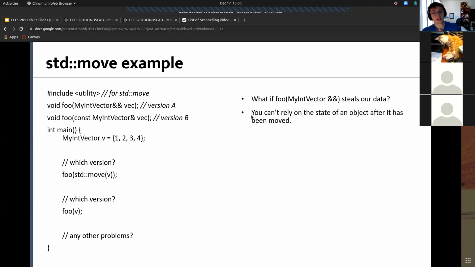And the bottom line is that after an object has been moved, you should not rely on the state of it. You should generally, especially if you're calling a function that you didn't write, treat the state of your object as undefined after you've moved it. So